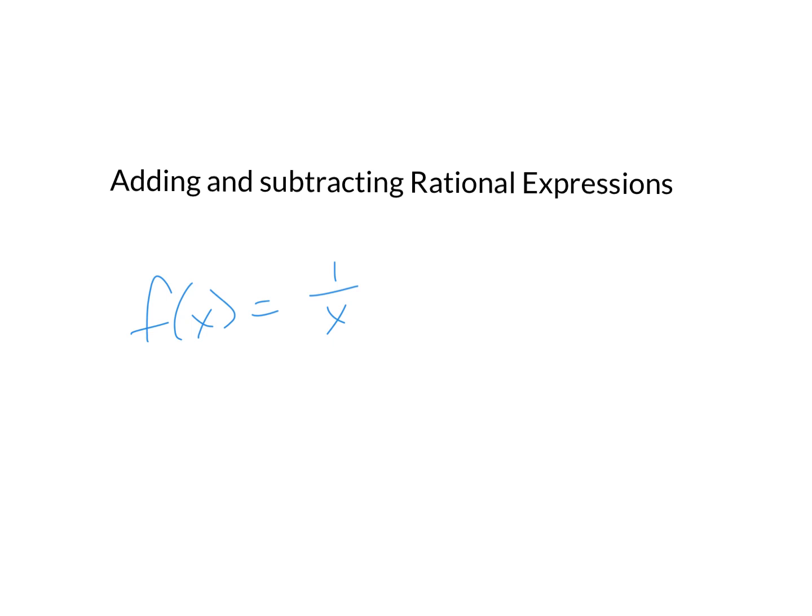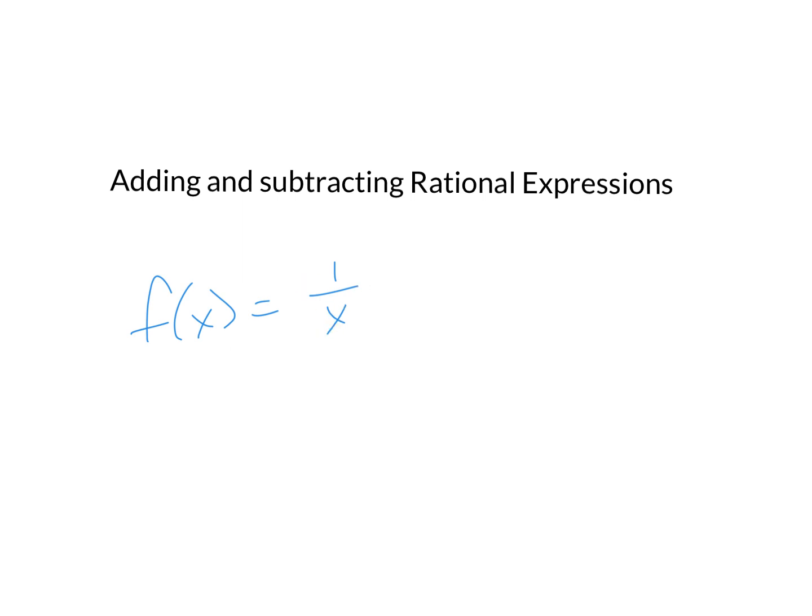Okay, in this video lesson, we are going to be adding and subtracting rational expressions. Now, remember when we consider our parent function of our rational function, we have 1 over x. So we have a fraction. And of course, anytime we add and subtract fractions, we have to consider the denominator. We have to have a common denominator. So this lesson is primarily about that, about identifying a common denominator so that we can add or subtract our